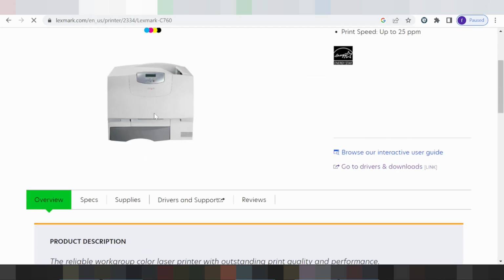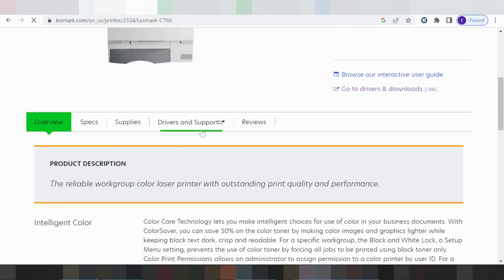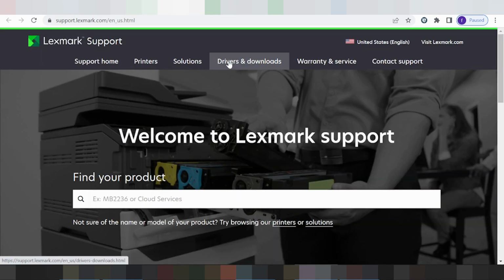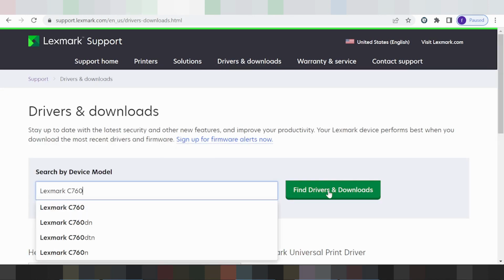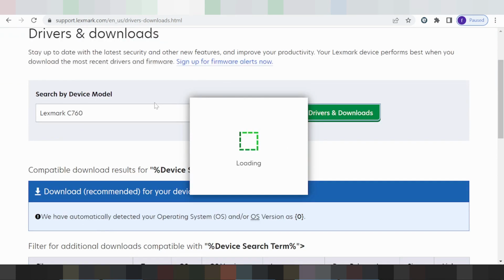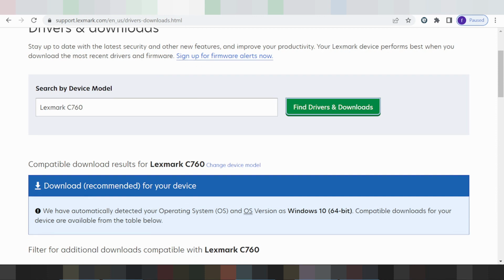This here is for your printer. You scroll down. Click here for the title, driver, and support. And click here for title driver and download. Click here and paste the model of the printer. Click find driver and download. And this here is the tag for your automatic operating system, and my operating system is Windows 10, Windows 10